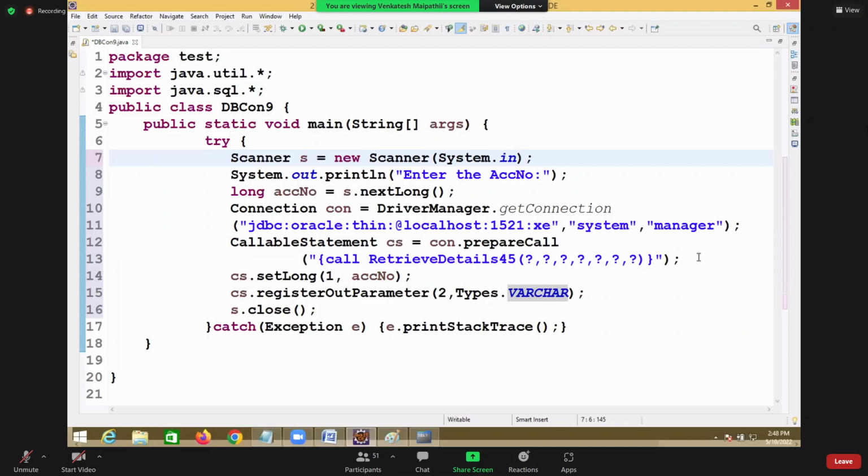This one is account number anyway. Second one is customer name. But the customer name is coming from database actually. So you are saying register out parameter, the meaning there only. Register means record. Record the out parameter value here, parameter index 2, because how many parameter indexes are there, that many fields are